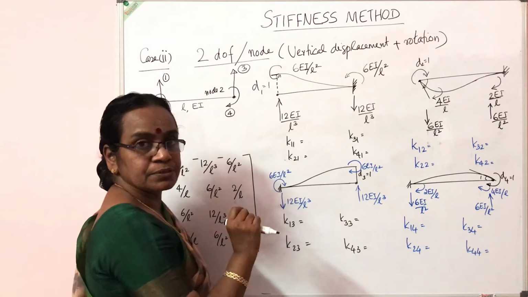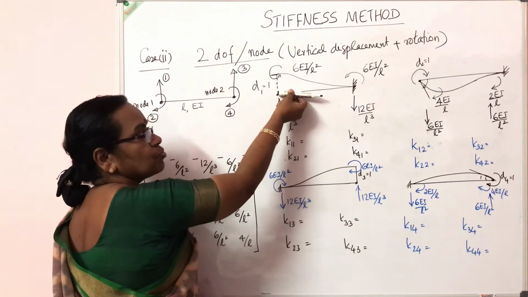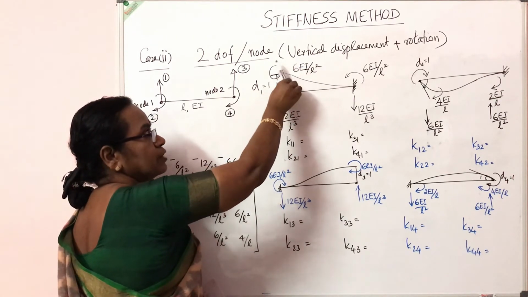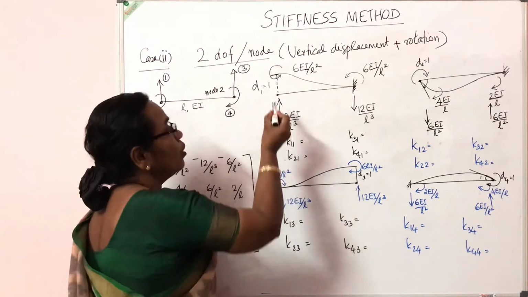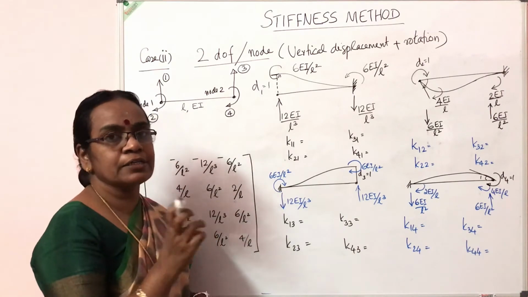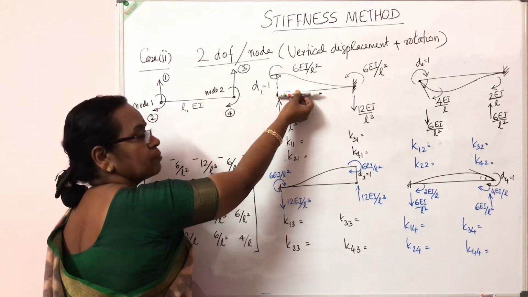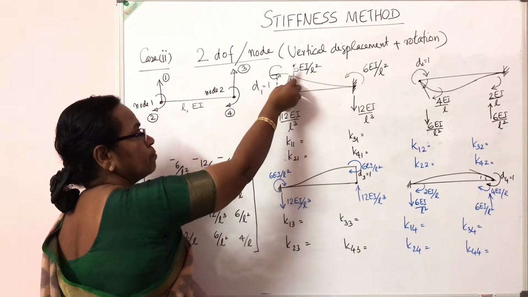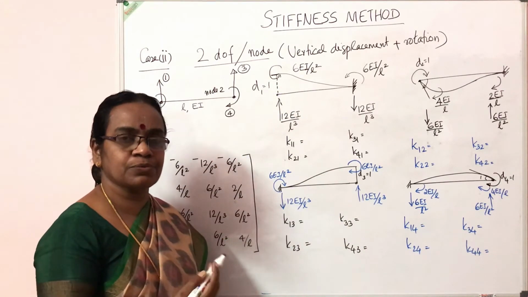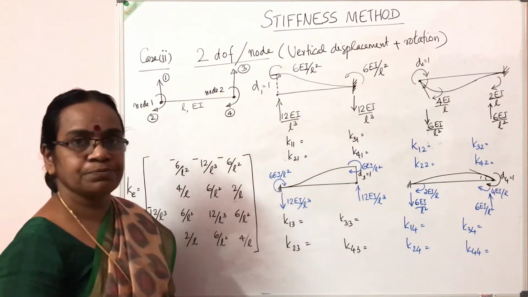What are the forces developed? When we give unit vertical displacement in this direction, the structure which was originally like this has gone up. So my pen goes in the anti-clockwise direction, or the bending moment developed here is 6 Ei delta by L square. Either use this rule, point your pen, this is the original direction of the beam, it has lifted up. So anti-clockwise moment 6 Ei delta by L square, since delta is equal to 1, 6 Ei by L square. The same anti-clockwise moment is produced at the other end also.